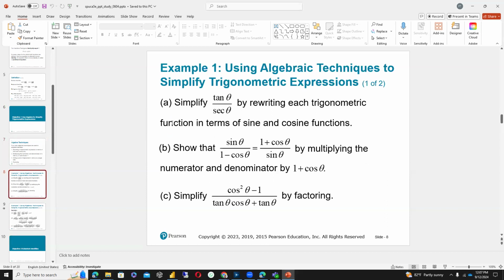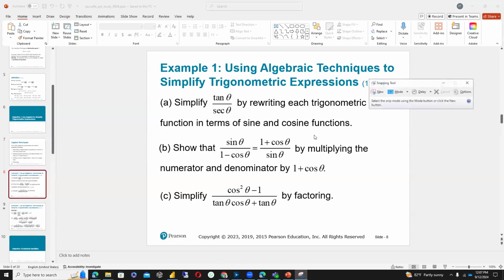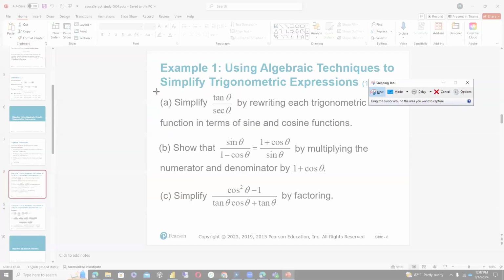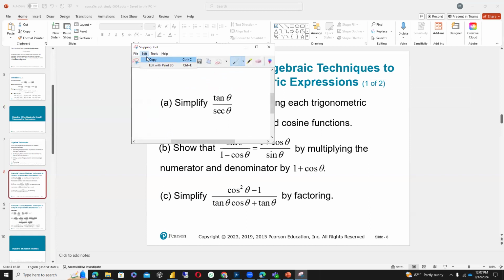So here is one of the questions. Using algebraic techniques to simplify trig expressions. Simplify tangent of theta over secant of theta by rewriting each trig function in terms of sine and cosine functions. So here, we want to simplify tangent over secant of theta by writing both of them as sine and cosine. So if we go here,